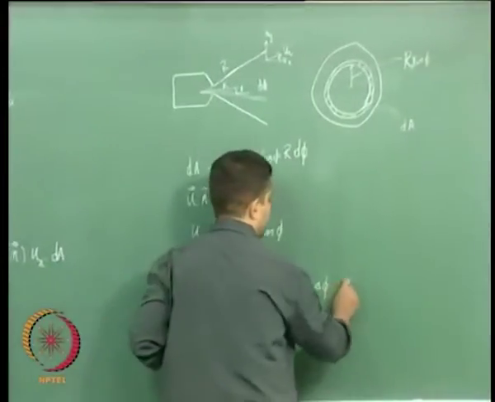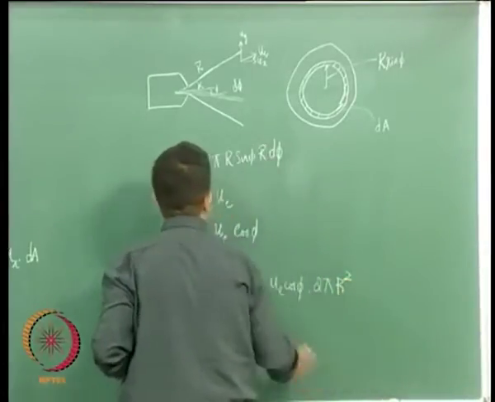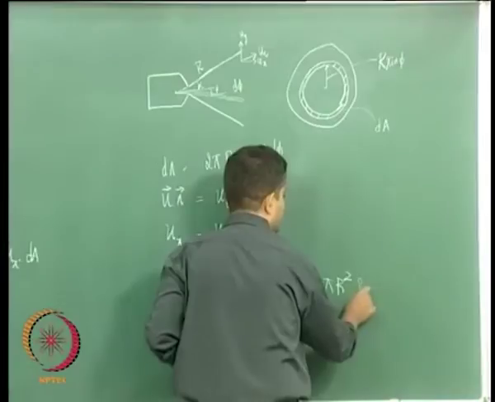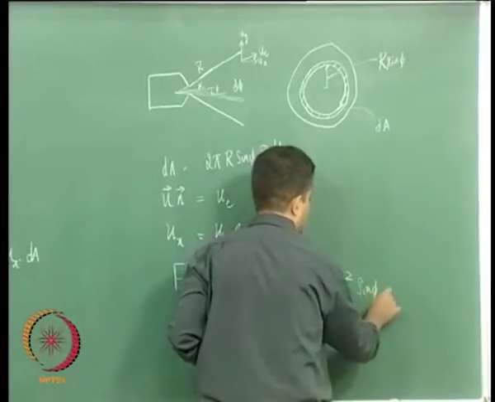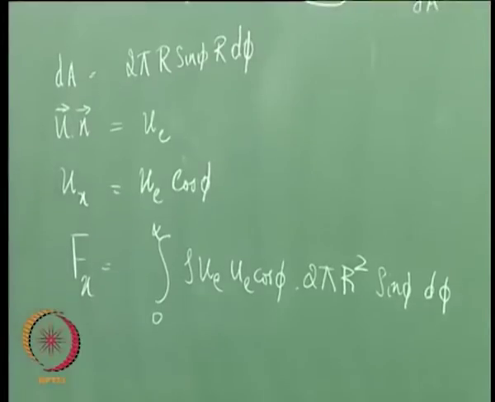So, 2 pi r square sin phi d phi. So, we will get